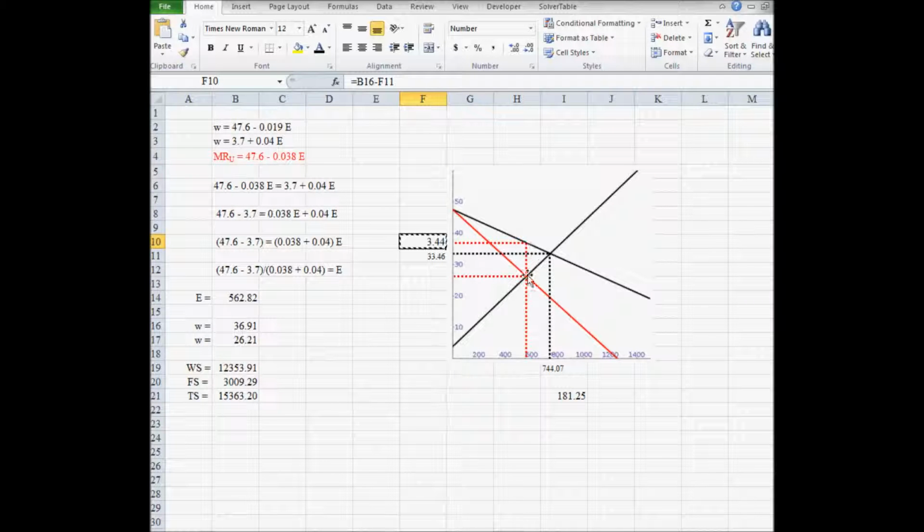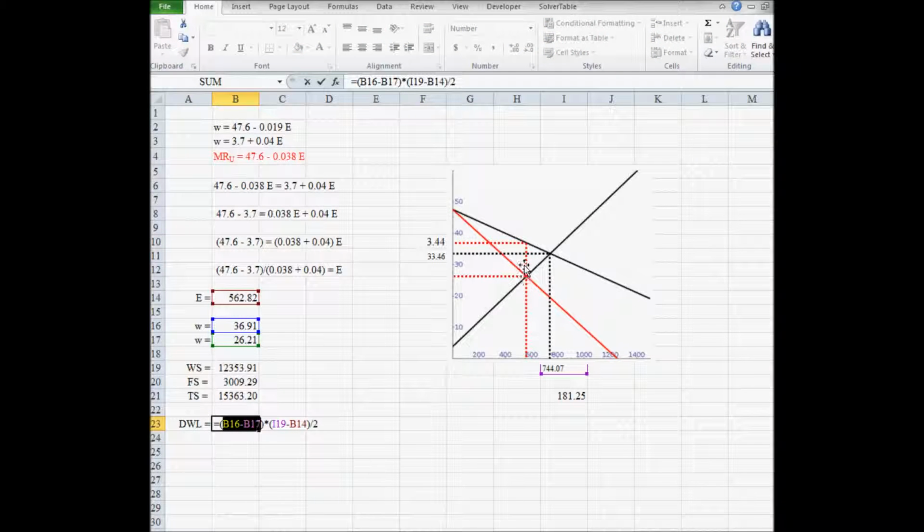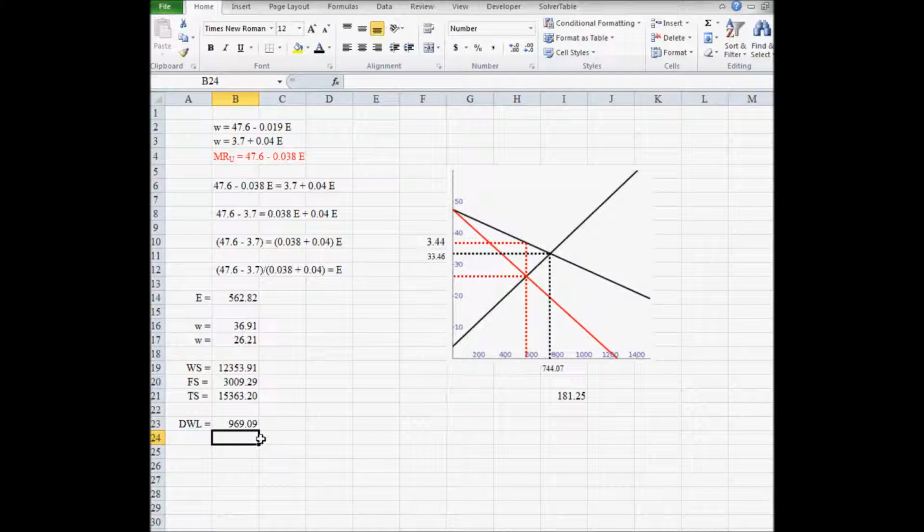Deadweight loss is this triangle here. To calculate the deadweight loss, I take the difference in these two heights, the difference of 36.91 and 26.21. Multiply that by the difference in these two values, 744.07 at the competitive equilibrium and 562.82 at the monopolized value of employment. After I multiply those two values, I divide by 2 and I get a deadweight loss of $969.09. After I copy and paste that value back into Cengage Now,